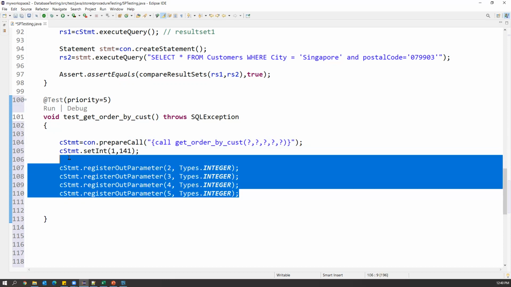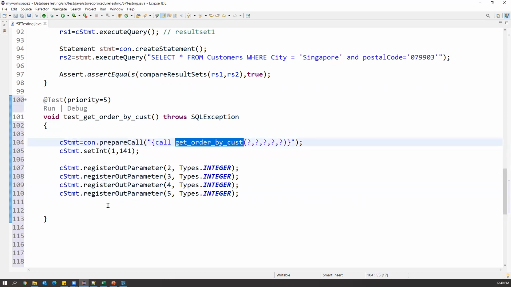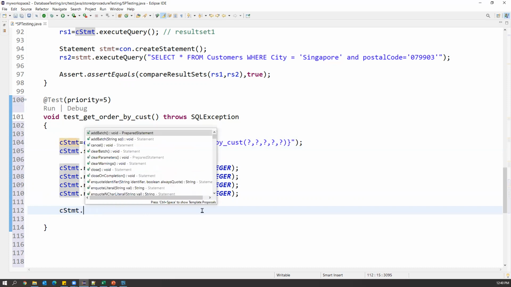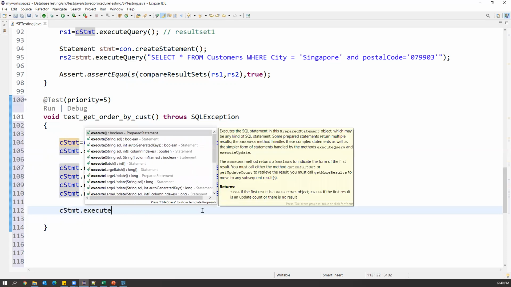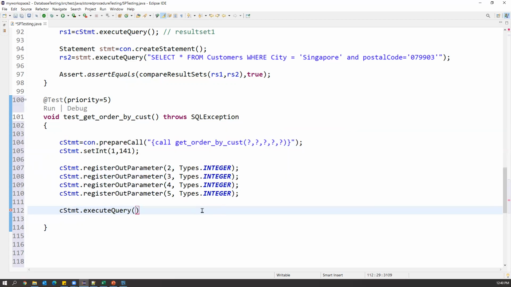Once you set this input and output parameter for the stored procedure call, then we need to execute this stored procedure. How can we execute? Take this statement object dot executeQuery. executeQuery is a method, and this will actually execute your stored procedure.